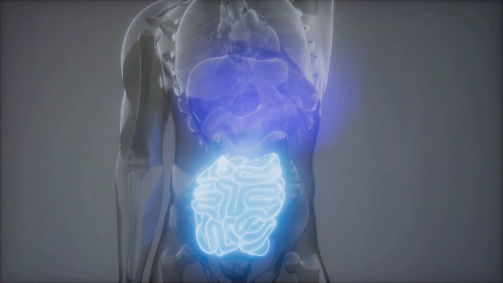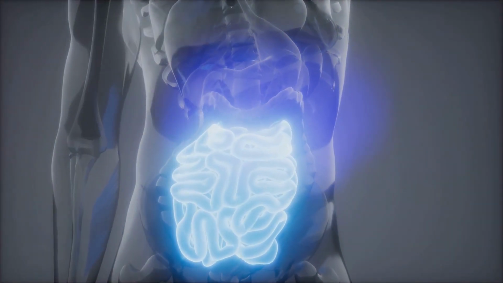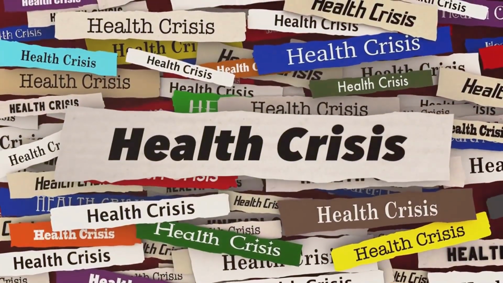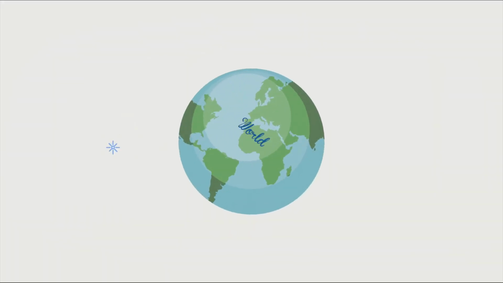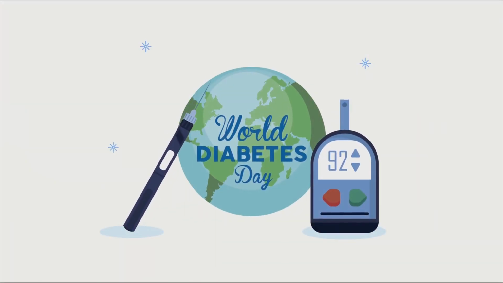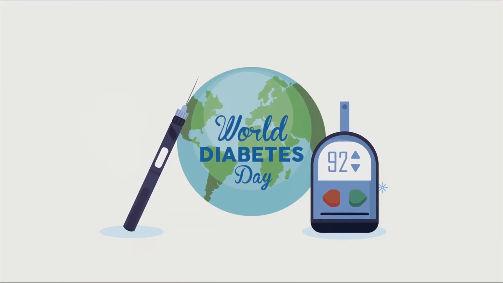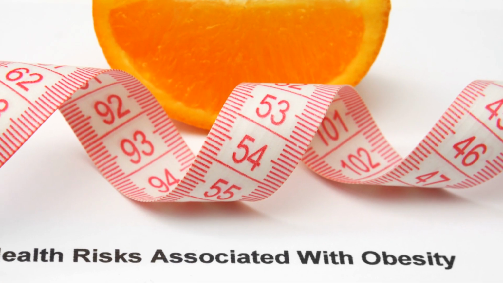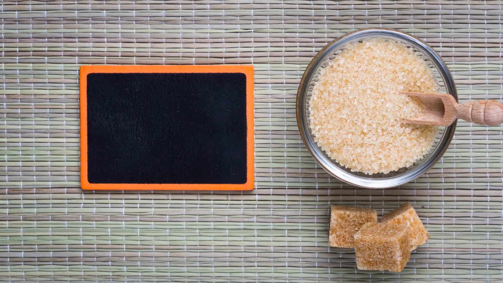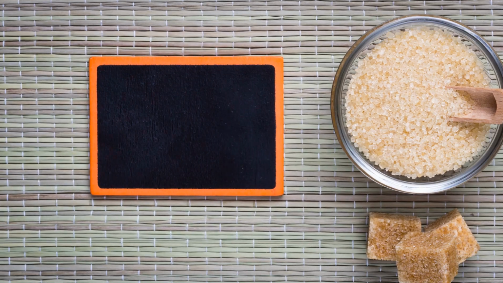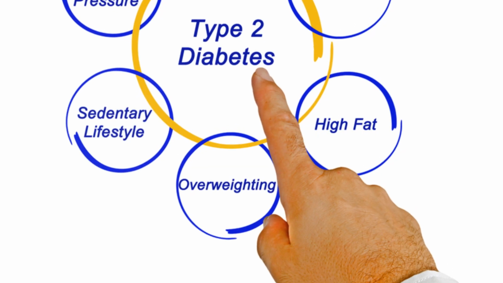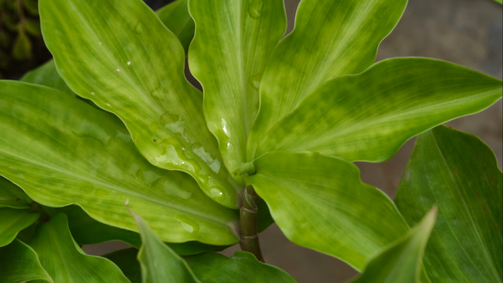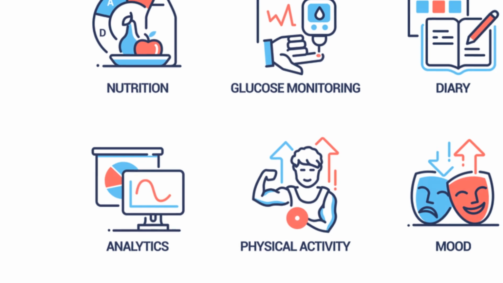Given the prevalence of these conditions, it's not an exaggeration to say that we're facing a global health crisis. Millions of people worldwide are affected by insulin resistance and metabolic syndrome, and these numbers are only expected to rise. Understanding the role of insulin resistance in metabolic syndrome is critical. As insulin resistance progresses, it can lead to a host of health problems that are part of metabolic syndrome. This includes heart disease, stroke, and type 2 diabetes, among others. Moreover, these conditions don't exist in isolation. They're all part of a complex web of health issues that can have a significant impact on a person's overall well-being. This is why it's so important to address insulin resistance as part of a comprehensive approach to managing and preventing metabolic syndrome.